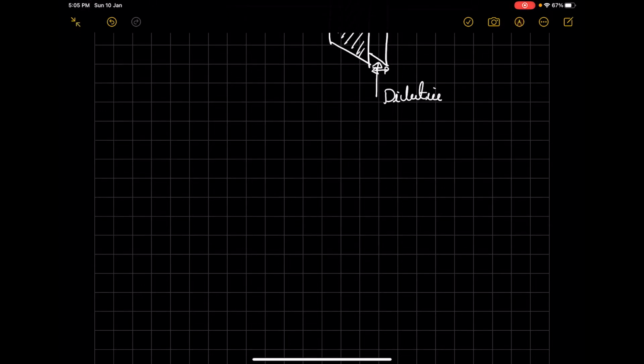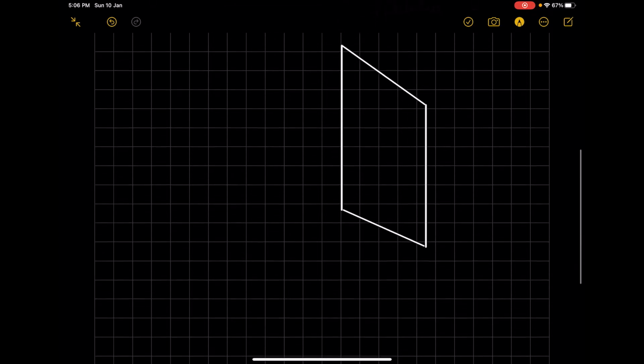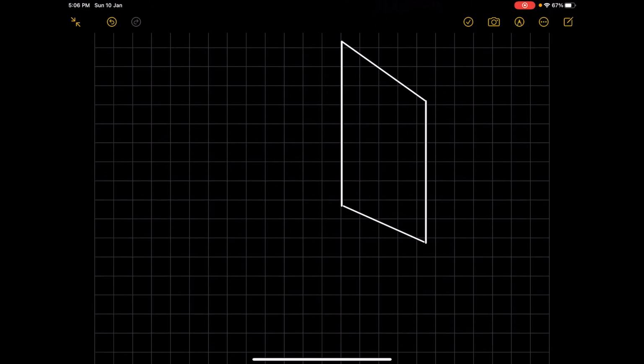To understand how DC signals behave with a capacitor, let me draw one of the plates a little bigger so that we can see the charge movement. Say this is the plate and this is the wire, and these are the electrons in the wire. Now, as we all know, for a DC signal, the electrons will move in one direction. Let's assume that the electrons are moving in this direction.